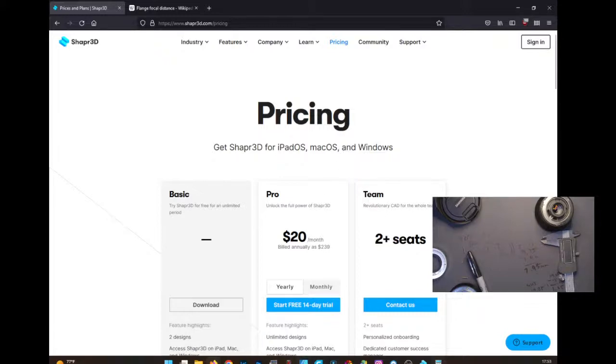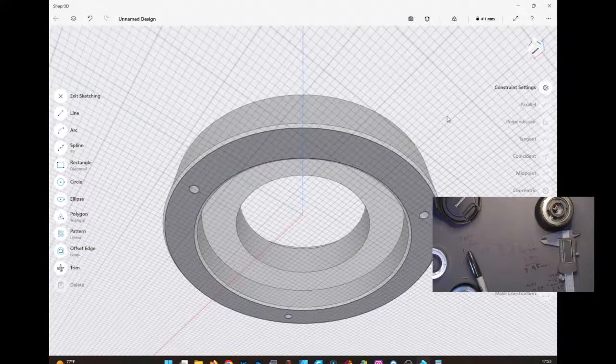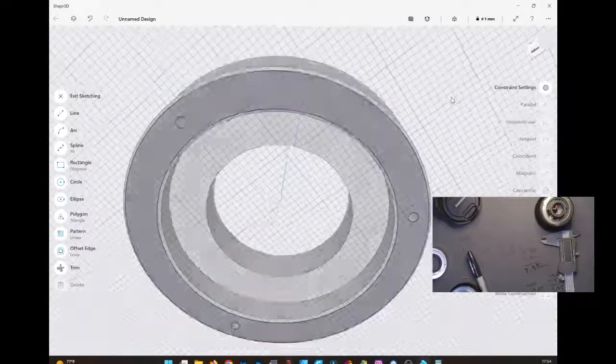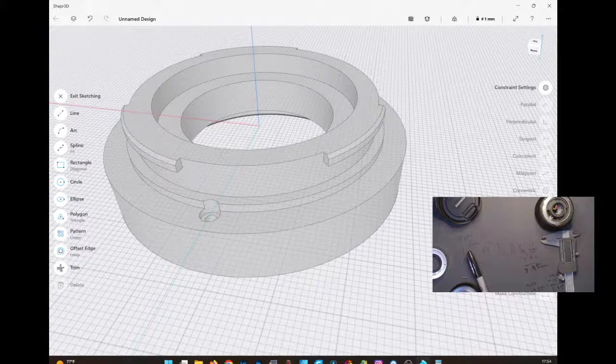Next week, or I'm sorry, this Friday, we'll go through some FreeCAD stuff. The last thing I do want to do, if I can pull this up, is